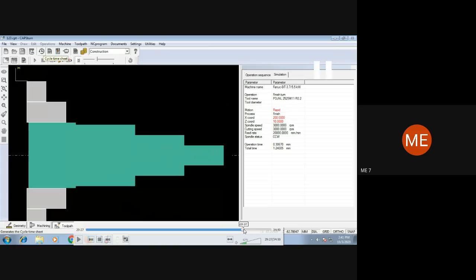Now there is another thing, how to calculate the cycle time, and such data can be obtained from here.